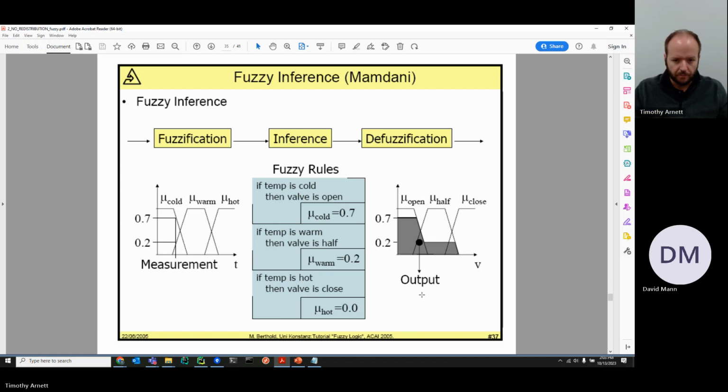We're in this set. We can then calculate, similarly to what we saw before, the rule firing strength. In this case, we only have one input, so we don't have to do the minimum. Well, the minimum is just that value. And so we truncate our output membership functions at those points, and we get this overall aggregated output distribution. We can then resolve that into the final output for where the valve should be between fully open or fully closed. And so we'll be somewhere here, where this represents fully open and this represents fully closed.